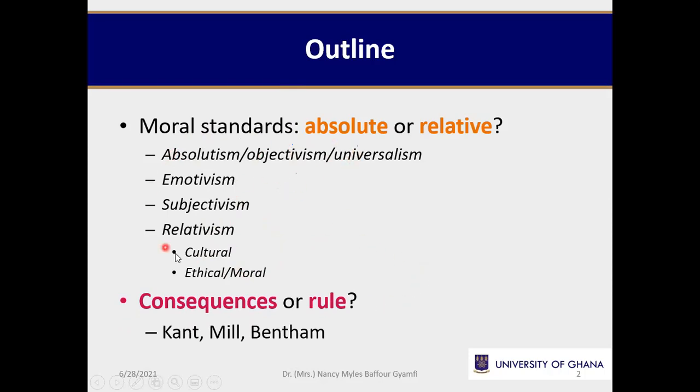Okay, so you see all the details on your advance, and then consequences or rule. We look at Kant's deontology or rule-based, duty-based ethics versus J.S. Mill and Bentham's consequence-based ethics. Since this is a full core course in level 300 moral philosophy, we will not bother you with all the intricacies, all the particular details, but we'll give you the firm grounding that you need to be able to build on it in future.